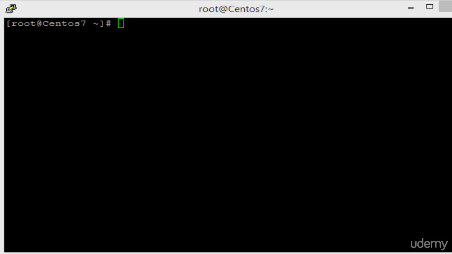We will learn how to view or check the status of any service using systemctl. Okay, let us say that we want to check the status of SSH service. So type